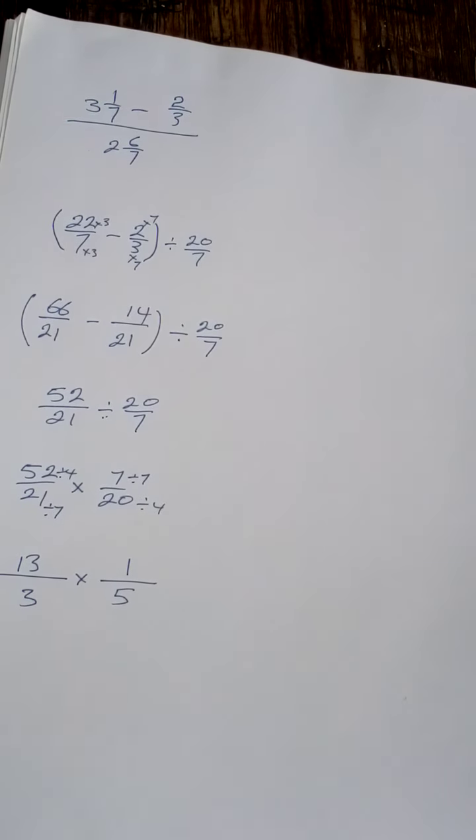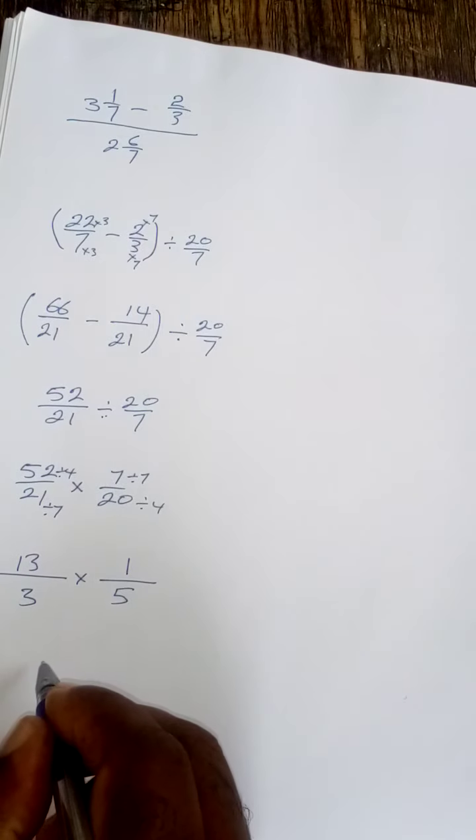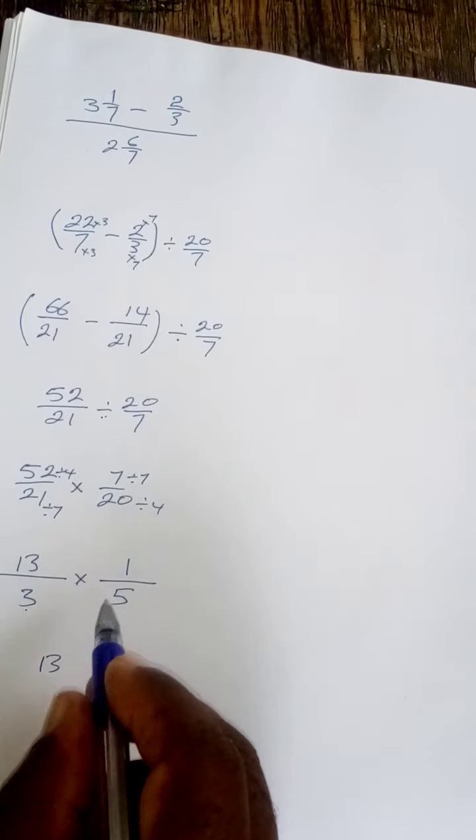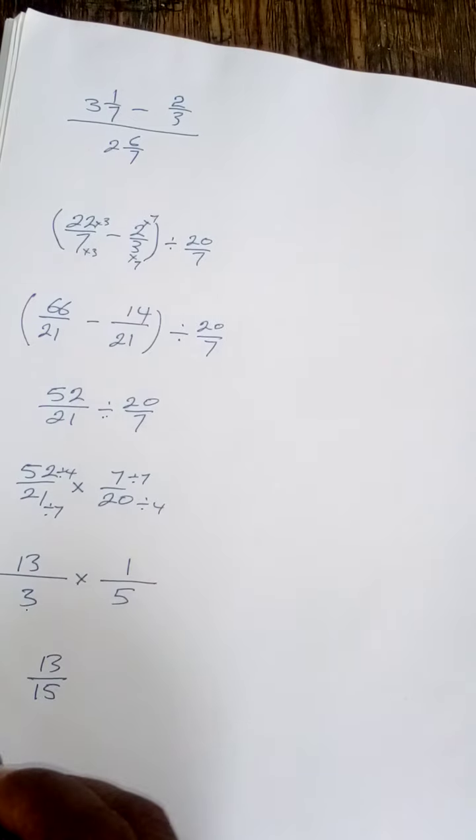No common factor being evident, then we are going to multiply across. So we have 13 multiplied by 1 is 13, and 3 multiplied by 5 is 15. So our answer is